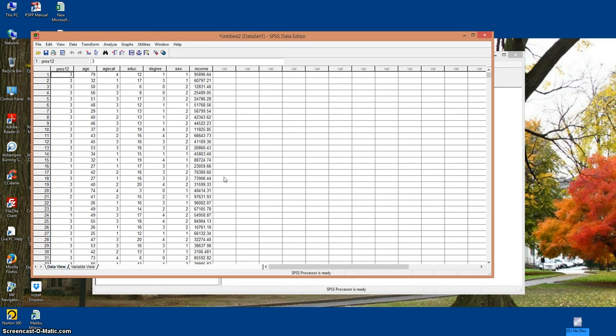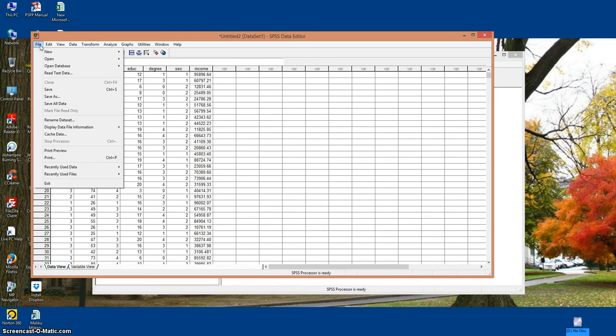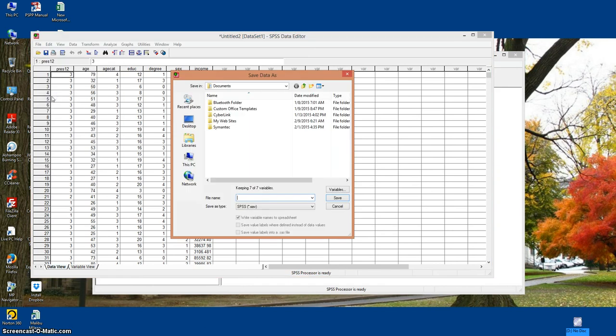Now that we have the file in SPSS, let's save it, this time as an SPSS file. We'll click File, Save As. Now notice it's going to be in the Documents folder. We're going to save it in the Documents folder. This time we're going to save it with an SAV extension, and let's call it voter as well. If I click Save,